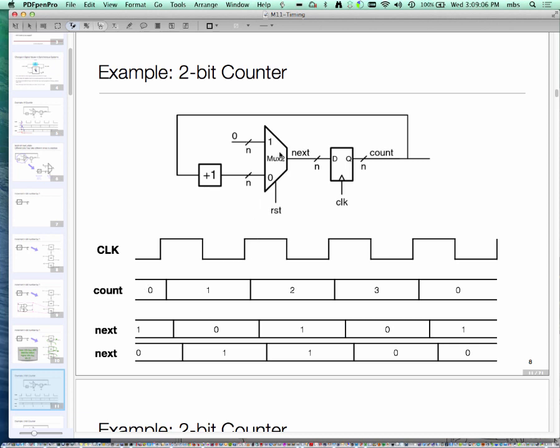So let's say I count as 0. So 0 is going throughout here. I have 0 plus 1. So next state is going to be 0, 1. But what you would see, these are the 2 bits of next state. So one is next 1, and this is next 0. So what you will see is